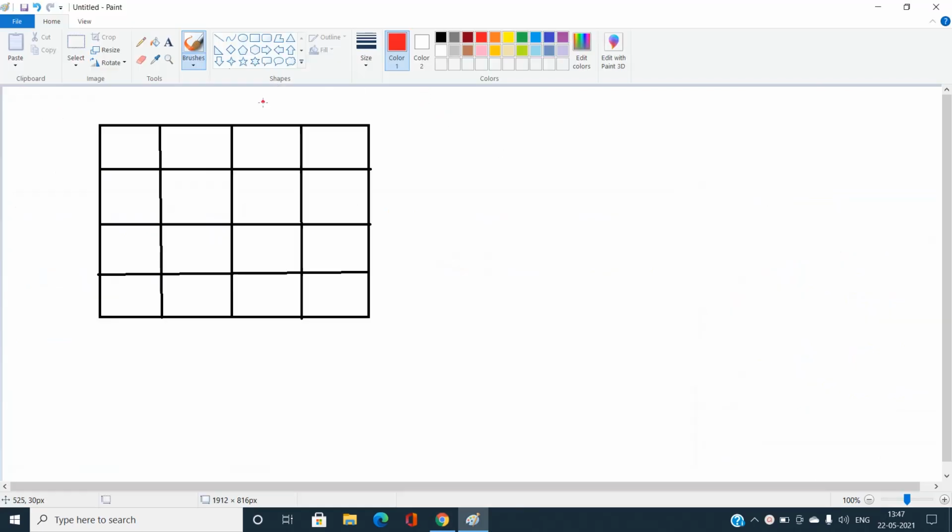Okay, so you can see here I have taken a board configuration. Let us first name it out. I have taken a 4 by 4 chessboard. I will be naming it on the basis of zero-based indexing. Okay. So if we want to place 4 queens on this chessboard such that no two queens can attack each other, how am I going to fill that? Let us try to fill it like that.